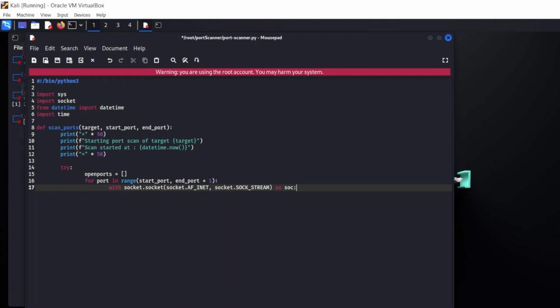Now, as opposed to the conventional way of defining an object like this, sock equal to